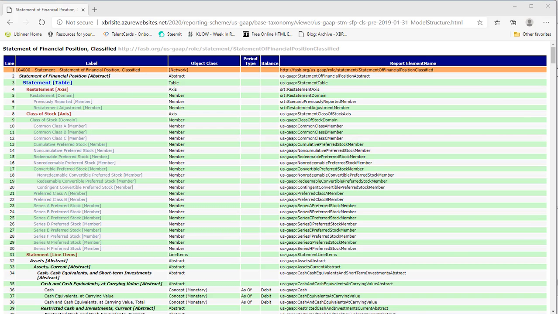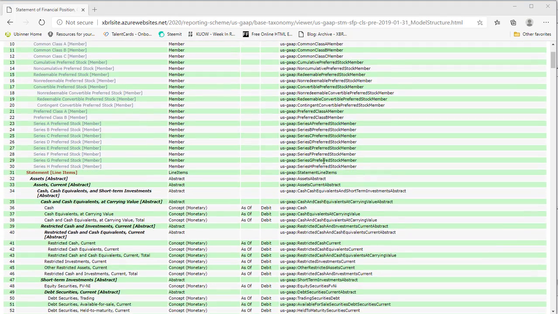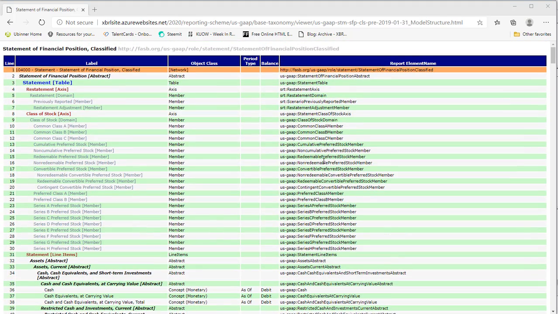Okay, in this video, I want to take a first stab at explaining the difference between a pick list type of an approach to creating an XBRL taxonomy and a model-based approach to creating an XBRL taxonomy. So the US GAAP taxonomy has been self-described by people at the FASB as basically being a pick list. I don't know if they intend that to be a good thing or a bad thing, but it's not a good thing if you want to use the taxonomy